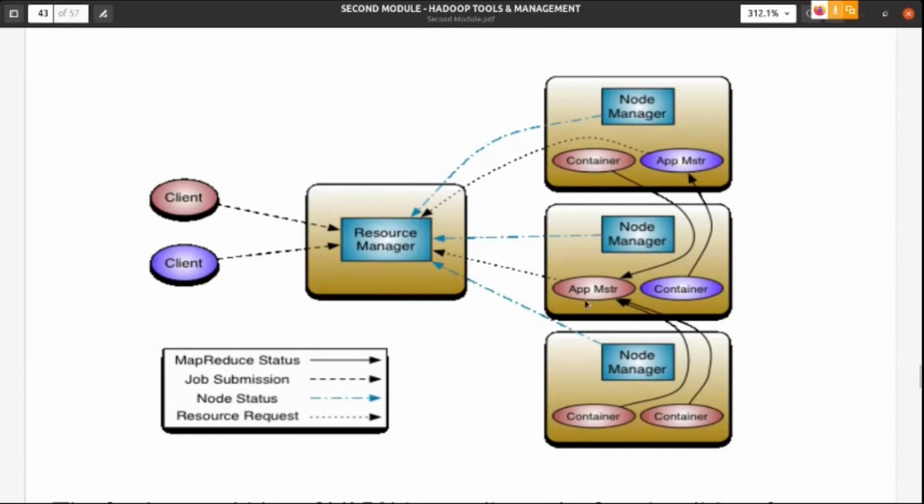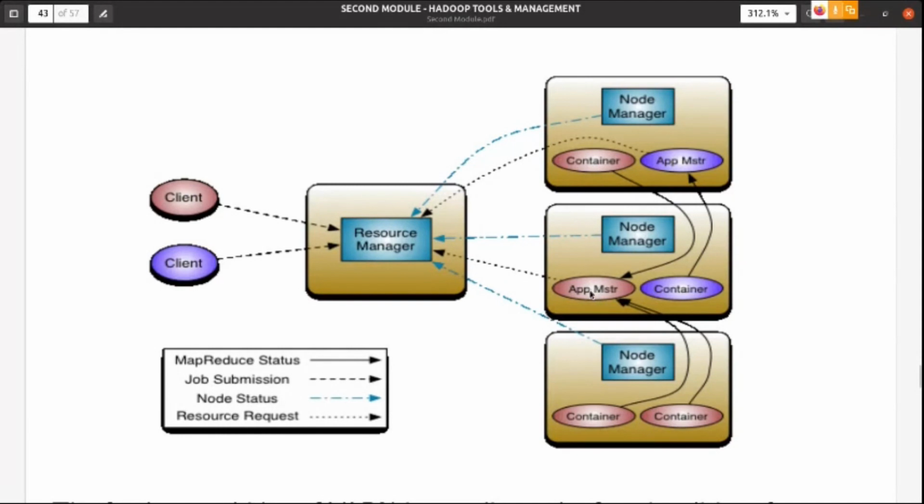There are 2 more containers in this node manager, so the application master gives the instruction to start container 1 and container 2. In total, how many containers? 1, 2, 3 containers connected to this application.